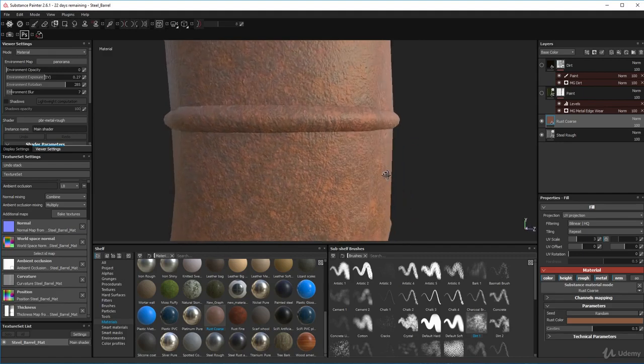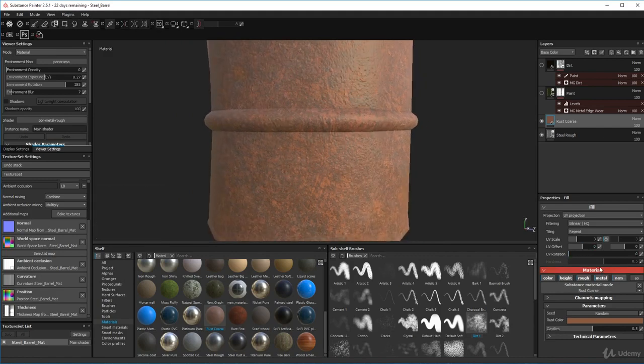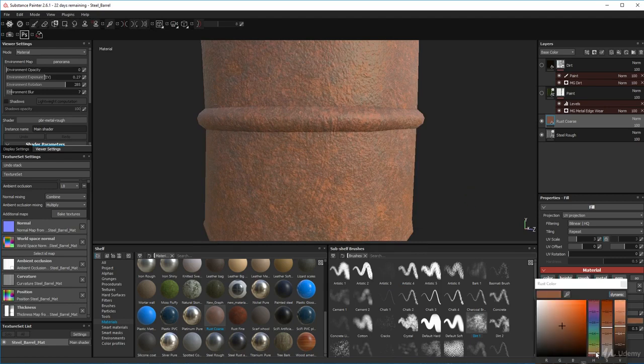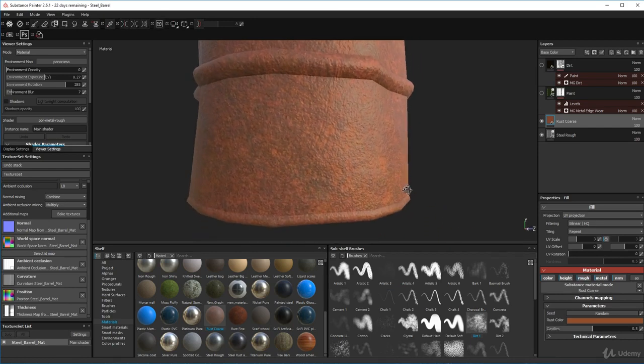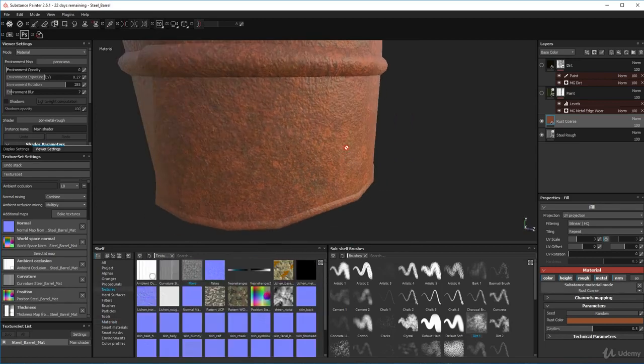I prefer that actually. It's got a normal map and a height map in it, which is a lot more interesting from my point of view. I mean, we can make it richer if we want to make the color a lot more interesting. We can easily do that just by adjusting the colors here, like that. See, that's quite cool. Anyway, that's much better than